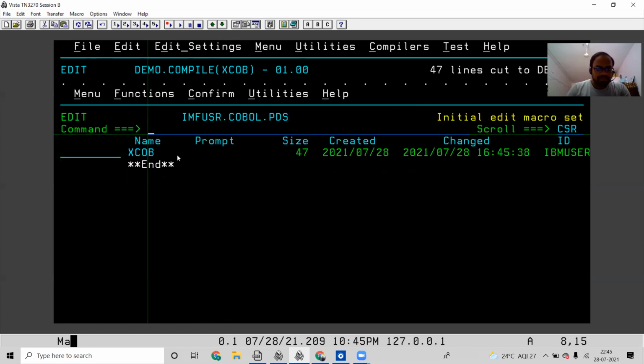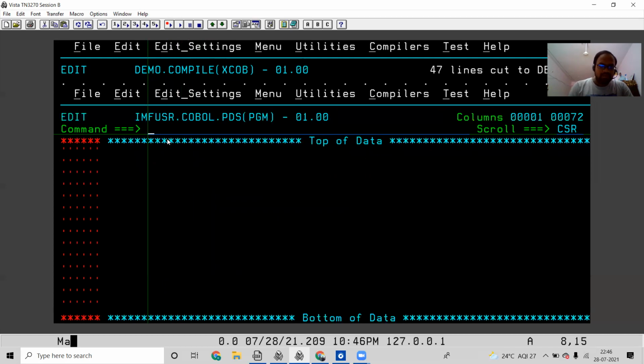And that is comment, Usha, not a problem. Even if you delete or not delete, it doesn't matter. That comes under comment. Okay. If you want, you can delete it. It doesn't matter. Now I'm creating a simple COBOL program now.